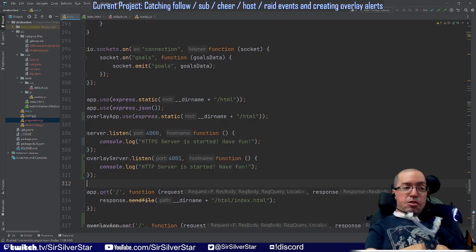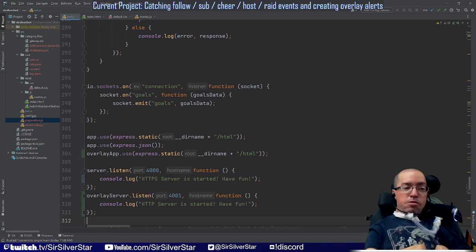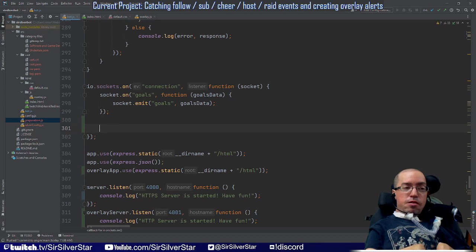The main way that we're going to do that is we are going to add in a separate listener on our Socket.io socket that's being pushed to the overlay. The stuff that's happening on the bot end is going to be pretty simple. So what we're doing is we're just saying